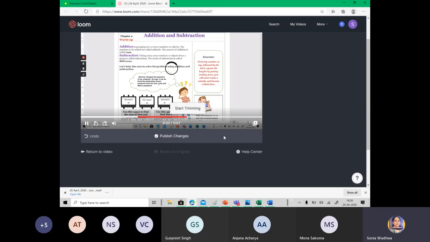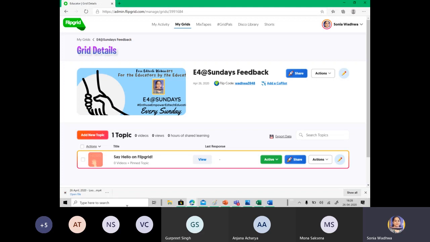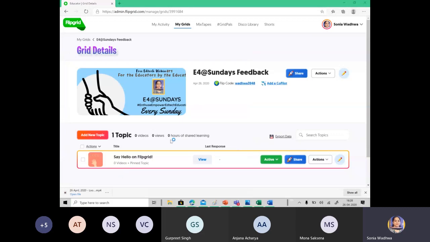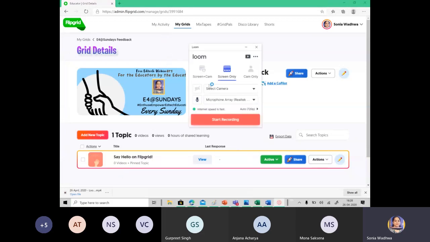Once you do that, I'm just closing it and I will record it again quickly and show you, because that screen is frozen. So I am again going to launch my Loom app and quickly show you the process once again.